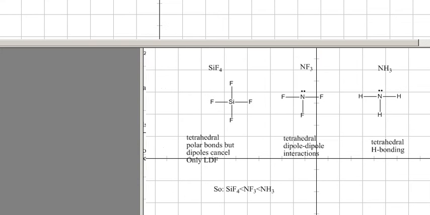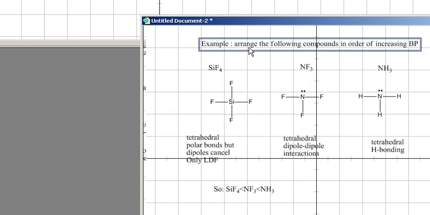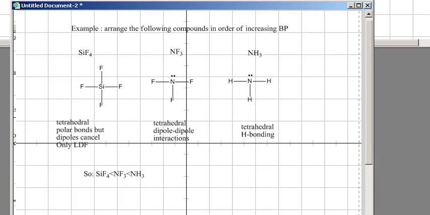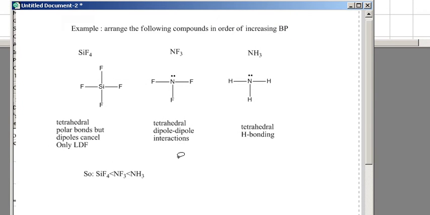So if we look at an example of this, let's arrange the following compounds. Let me change this view a little bit, get rid of the crosshairs. Let's arrange the following compounds in order of increasing boiling point. So we've got silicon tetrafluoride, nitrogen